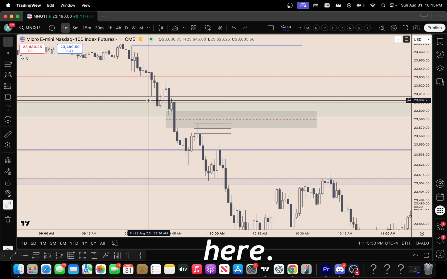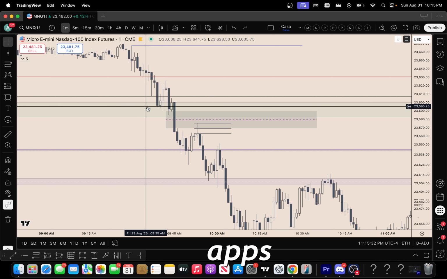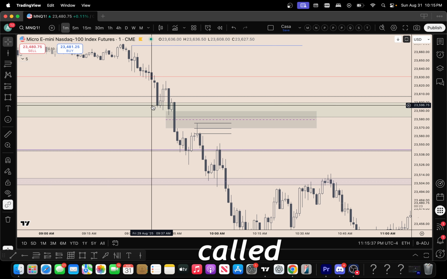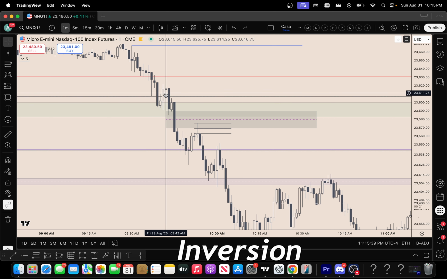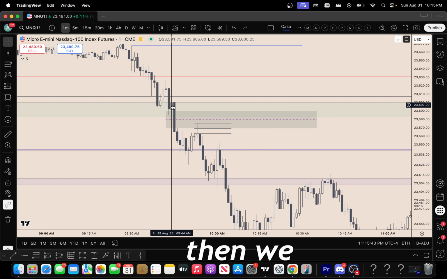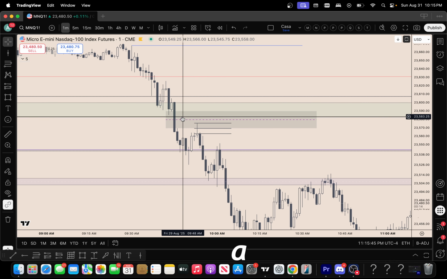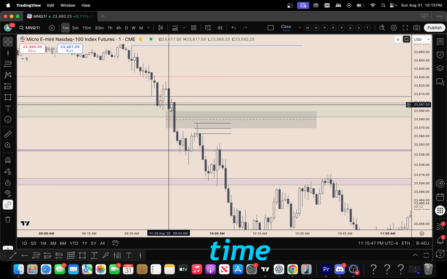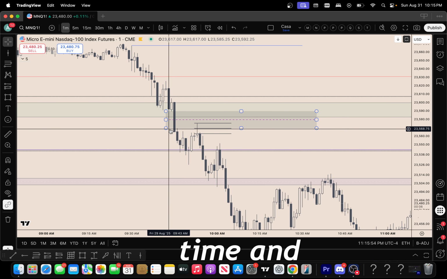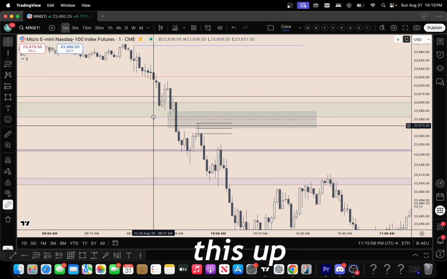There's a 5-day look back period, there's a 5-week look back period for your new day opening gaps and then your new week opening gaps. We're clearly in the sell program. CISD respected, inversion, and we leave this as a breakaway gap. Just super duper bearish, right? And then we create a gap inside of an allotted time, right? And then boom, Casa's wick theory, time and time again. Like I can't make this up.